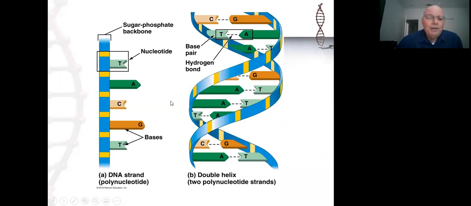So when we think in terms of the DNA molecule, yes, a string of nucleotides is called a polynucleotide, but a DNA molecule is a double-stranded polynucleotide. So there are 2 strings of polynucleotides, and they are linked together. A pairs with T, G pairs with C. When DNA is copied,